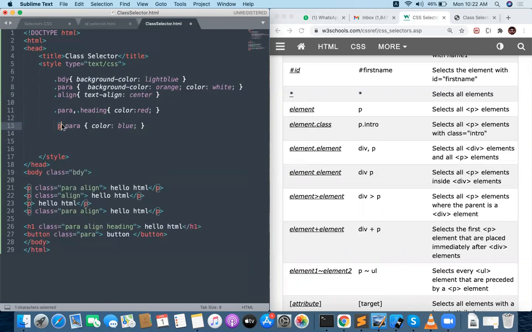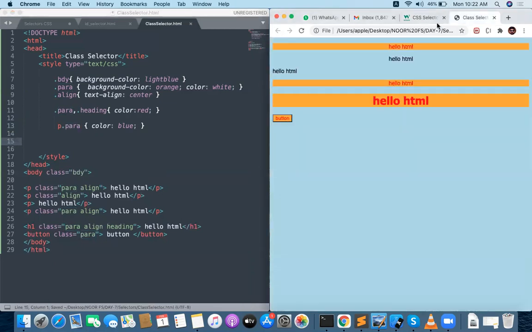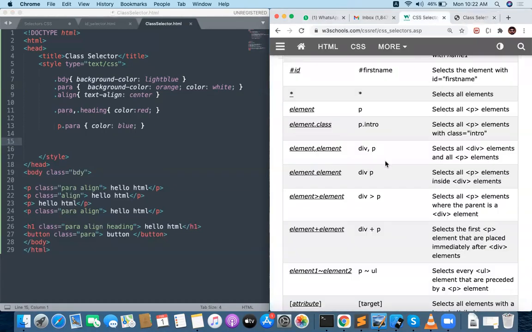The first one is the element selector, the second one is the class selector. I'm providing the combination: a paragraph which has the class called para. Those particular things I want to apply the blue color. See, observe p dot para got applied.